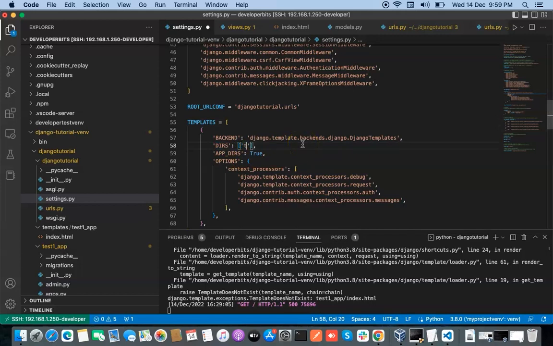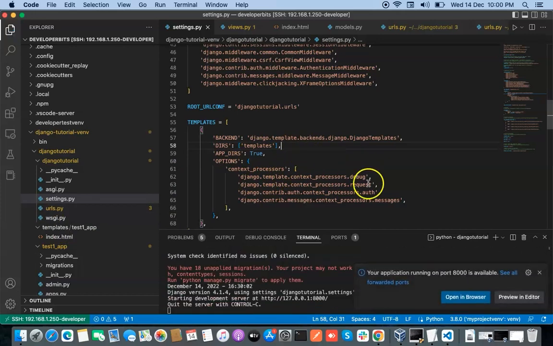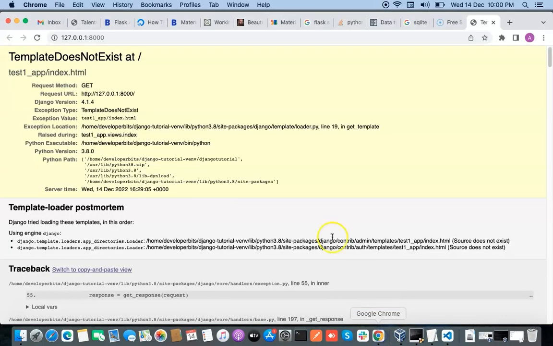Just type templates here because name of the folder is templates, which contains our templates. Okay, just save the file and let me see again if it is okay now, and you can see that our template has been accessed now and hello world has been beautifully printed here,